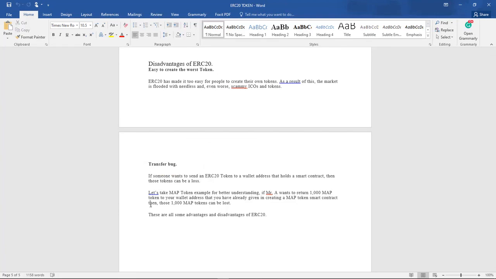Dai is backed by other currencies and coins: Ethereum, ETH, Bitcoin, Doge.